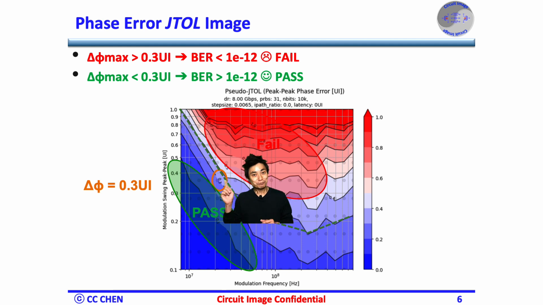Again, the beauty of the pseudo jitter tolerance in the phase error is fast simulation time. Therefore, we can not only verify the wide-band CDR by using the jitter tolerance efficiently, but also help our wide-band CDR design in several design parameters. Think about the first design parameter, the latency, for 5 seconds.